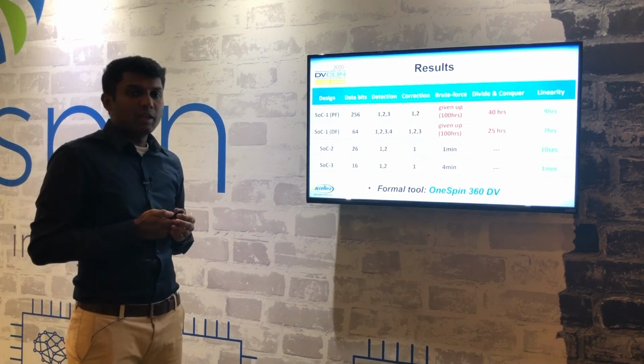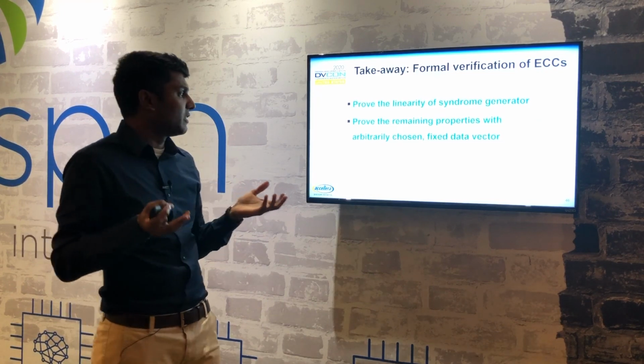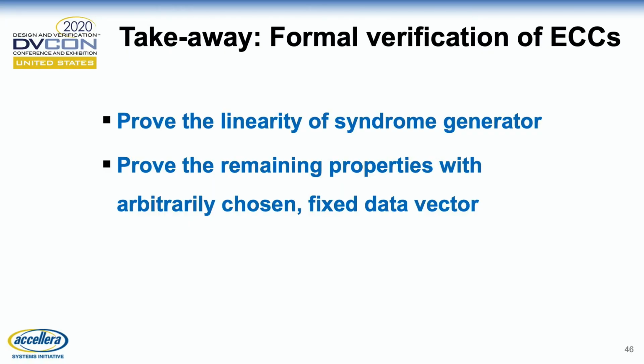So these are the results we obtained, and what is the takeaway, what is the conclusion of this talk. So if you have very big ECC designs, first try to prove the characteristics of the linearity property of the syndrome generator, and afterwards you can prove the rest of the properties by assuming an arbitrarily chosen fixed data vector. And by following this approach, even for those properties which were not able to conclude with a conclusive proof, we were able to get a proof within 2 hours